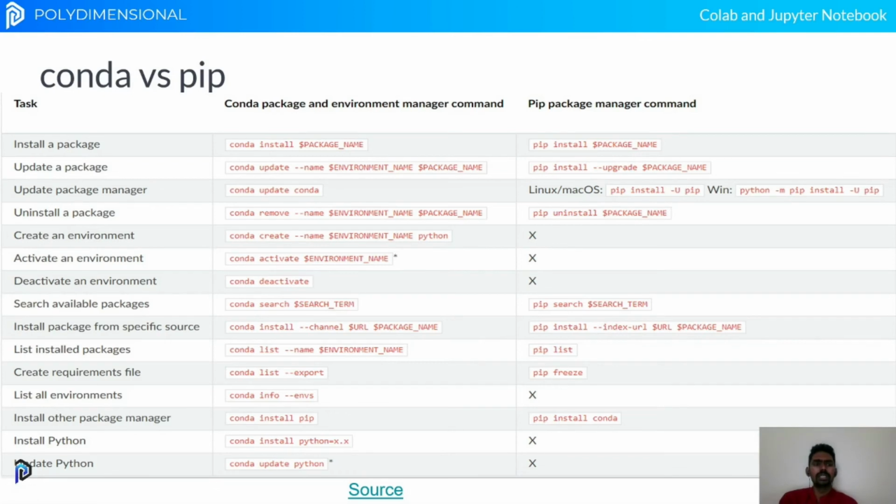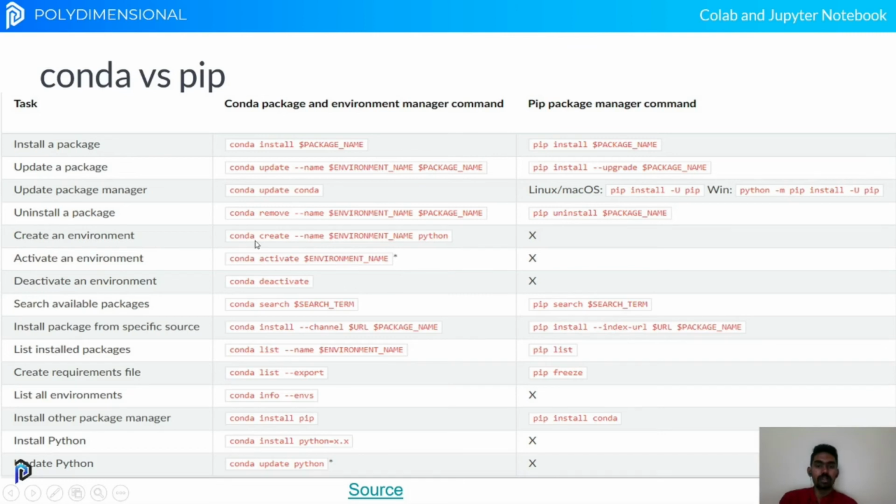This is just a command comparison between Conda and pip and also virtualenv. So we saw how to install a package, like we install NumPy, like conda install numpy, that's the package name. You can also update a package, conda update that particular package name. Similarly, for pip, you have to use pip install and the package name, and similarly update. And to uninstall in Conda, you have to use the command remove. In pip, it is uninstall.